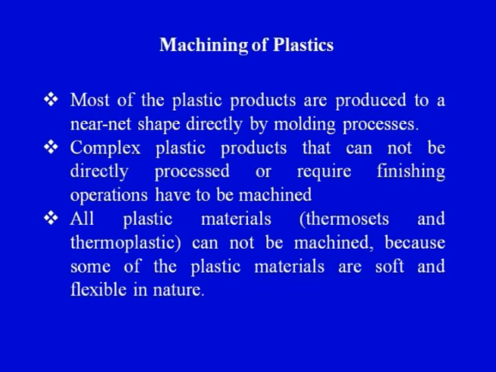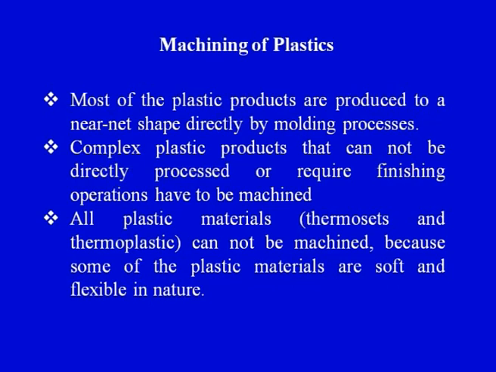So all these processes can be used for processing of plastic parts, but most of the parts produced by these processes would be used readily, or the parts that we get are near net parts and as usable parts, and no finishing or other secondary operations are required on these parts. But certainly in many cases we may sometimes require secondary processing. So let us have a brief discussion on secondary processing, that is machining of plastics.